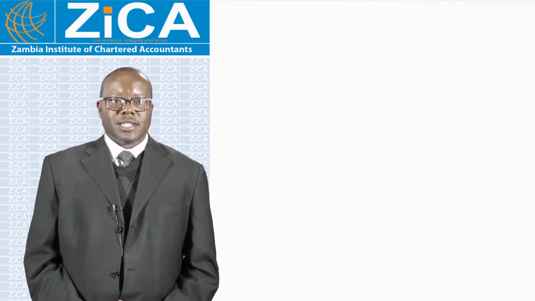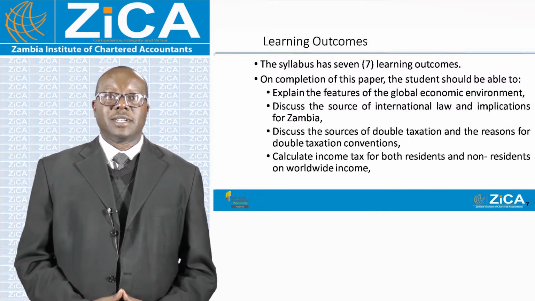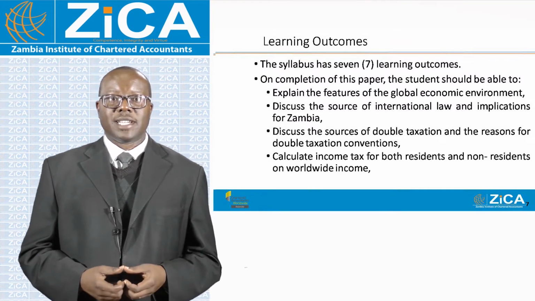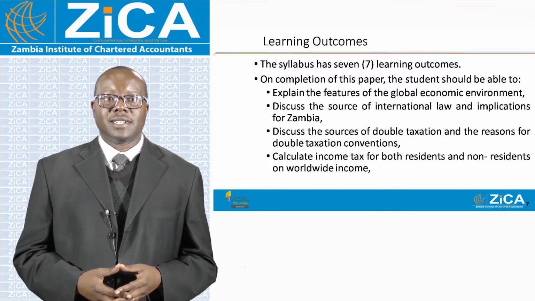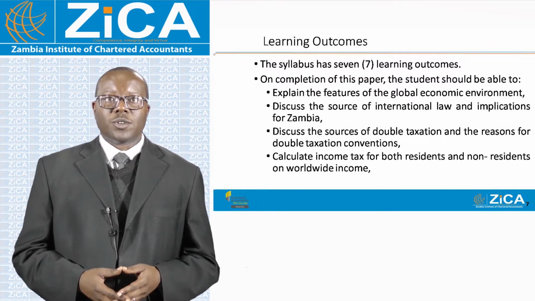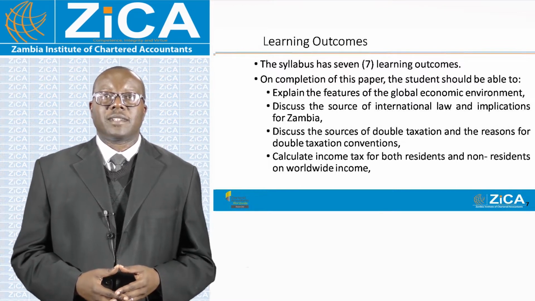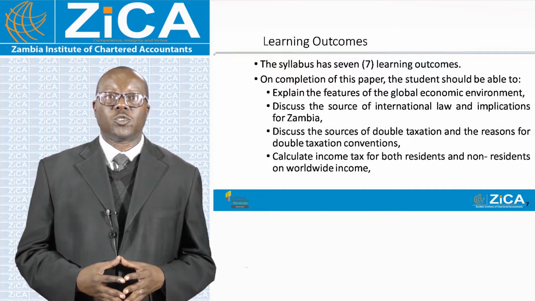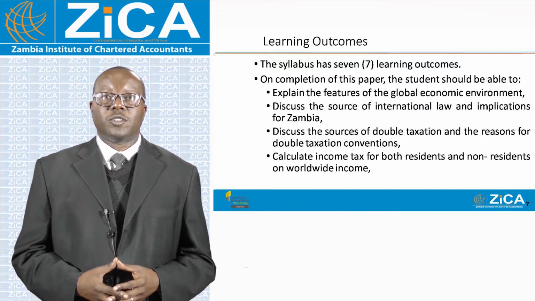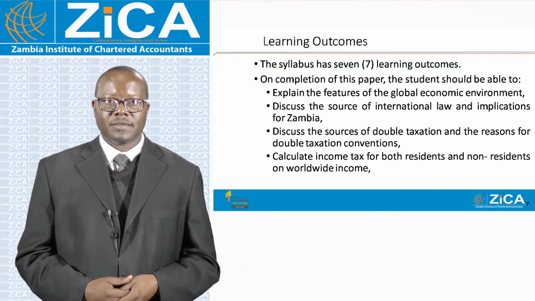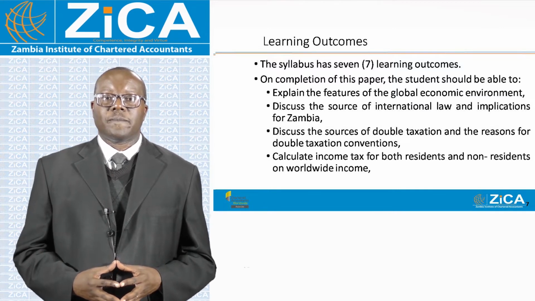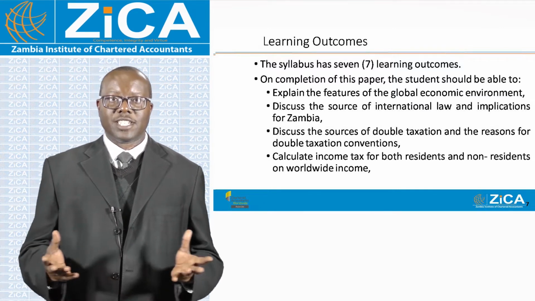What are the learning outcomes? The syllabus for paper D5 international taxation comprises 7 learning outcomes as follows. On completion of this paper, the student should be able to explain the features of the global economic environment, discuss the sources of international law and implications for Zambia,